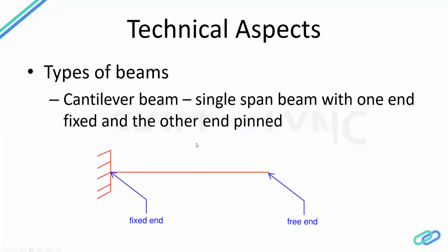So whatever load is applied on this cantilever beam, the reactions here will try and equilibrate those forces. So this joint here could develop the translational reactions as well as rotational reactions. This is a really common kind of beam, which is seen, say, even in canopies. Canopies would be one good example where you would see a bunch of cantilevers, and the other would be, in residential projects, balconies which cantilever off of floors. The beams which pick up those balcony floors are actually cantilevers. So that's one good example of a real life cantilever structure.